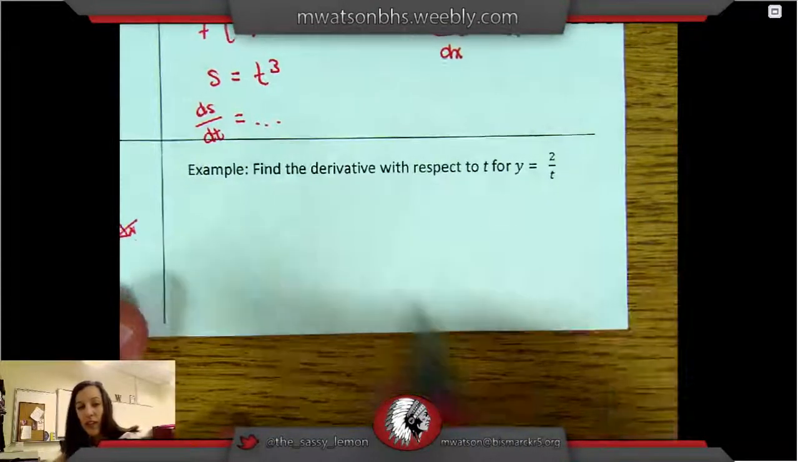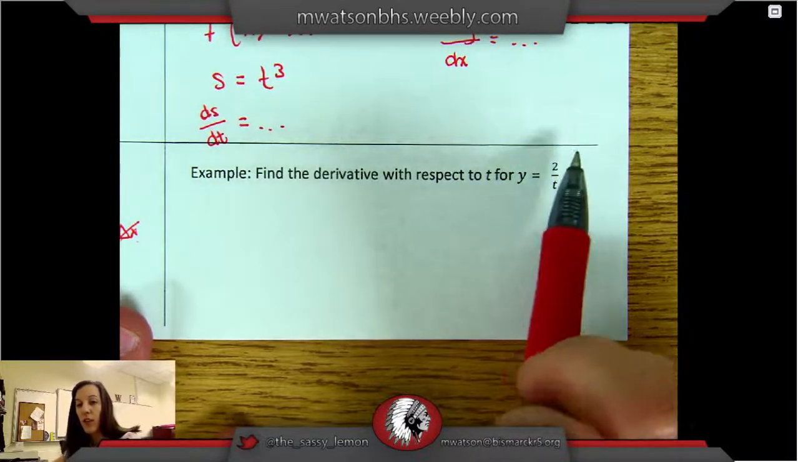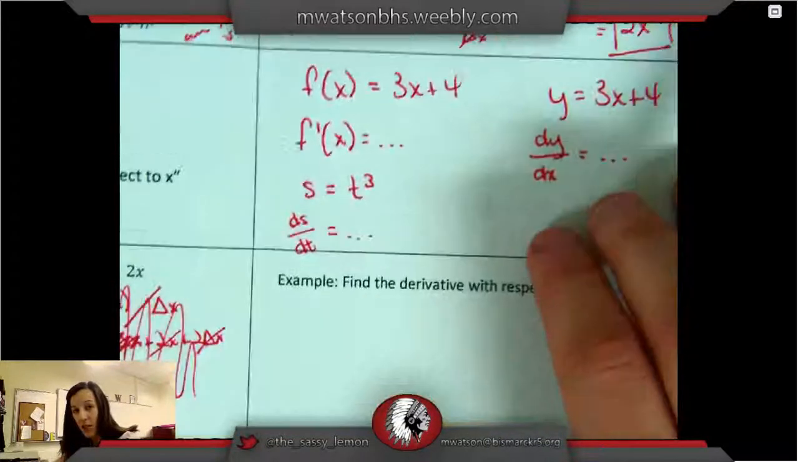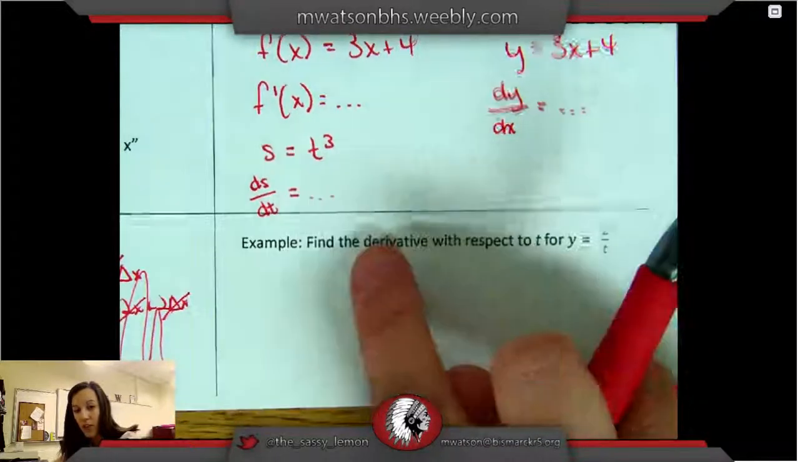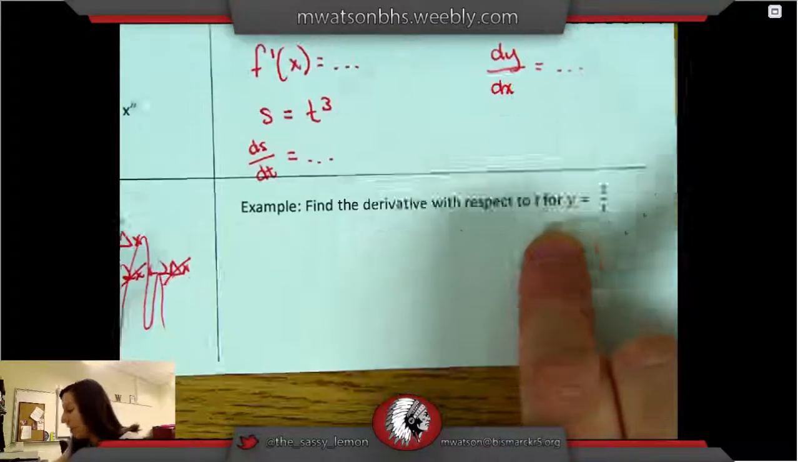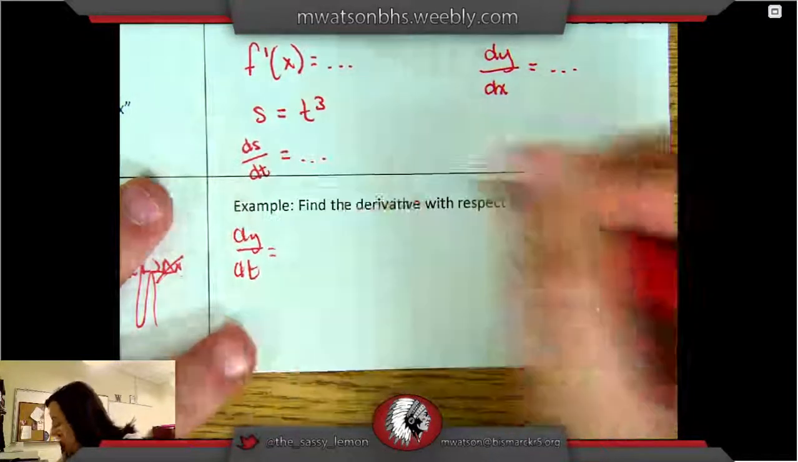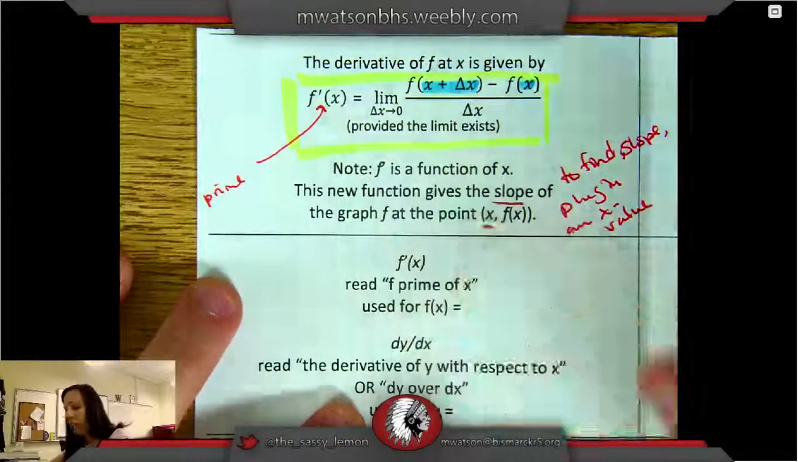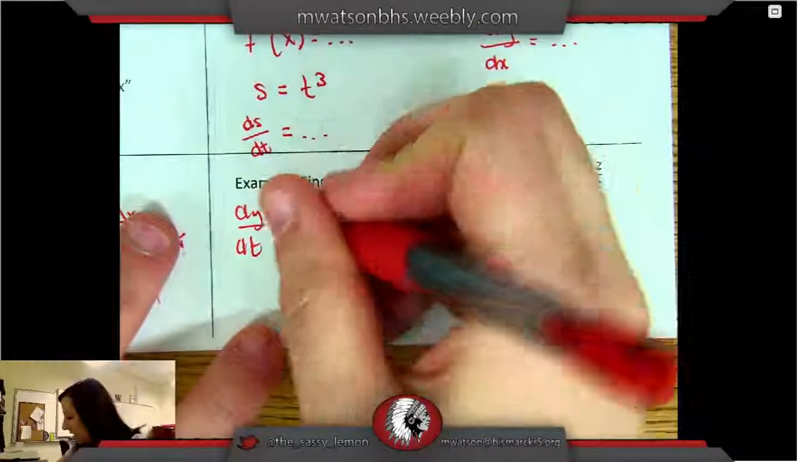We're going to find the derivative with respect to t for y equals 2 over t. So notice which type of notation we need to use. This is a y equals, so we're going to use this type. We're going to do the derivative with respect to t. So we'll start out with dy over dt equals, and we need to remind ourselves of the limit formula, which is up here. I need to start by putting our limit notation. So it is the limit